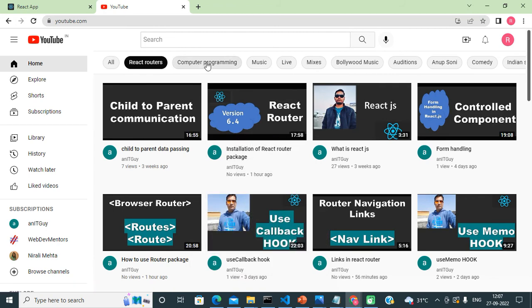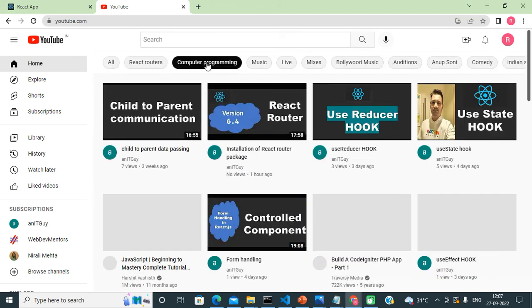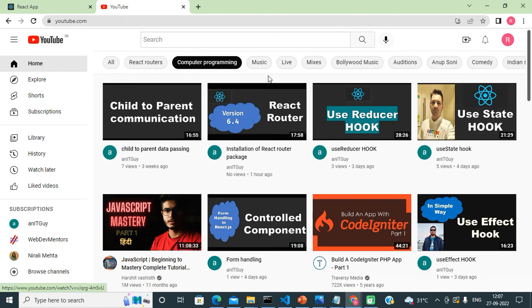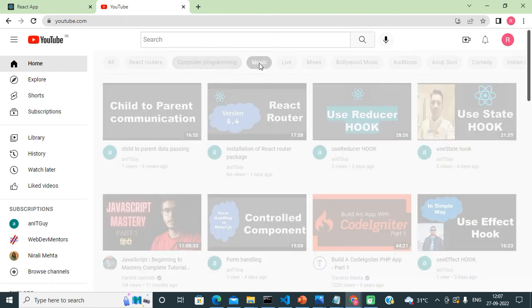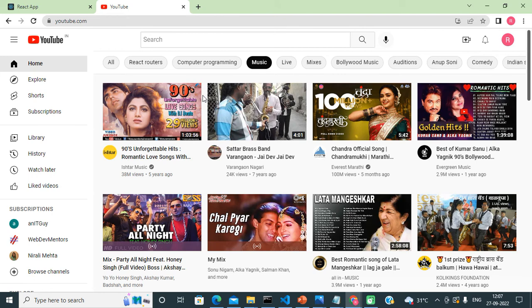If I click on computer programming, I get computer programming related videos. If I click on music, I get music related videos. But on any click, I do not see this application being reloaded completely. So basically friends, this is client side routing, and now we are going to implement the same client side routing in React.js.